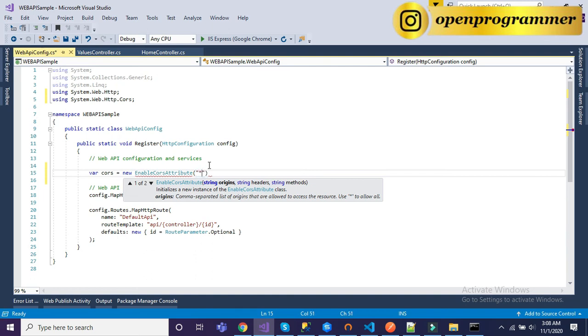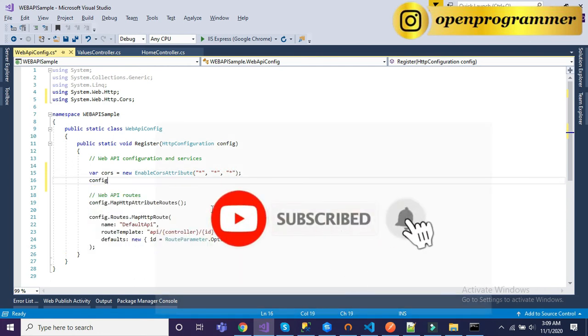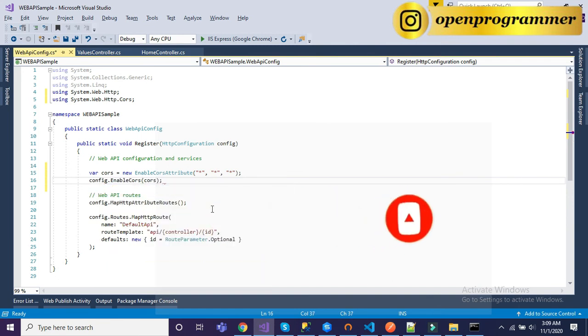Origin I'm passing star, which means we accept all requests coming from anywhere. Headers also star, anything we are expecting, and methods also star. And finally config.EnableCors. Let's save it.